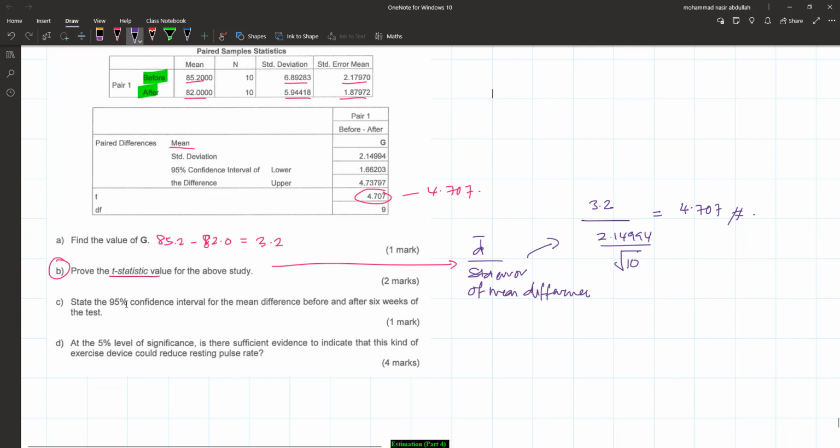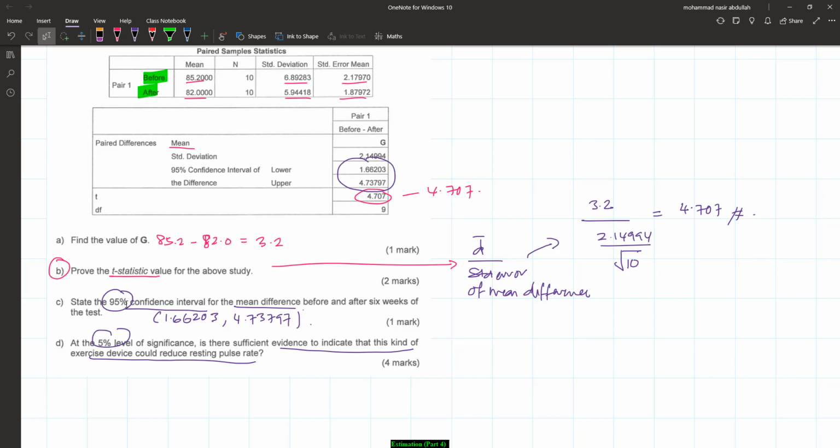And then state 95% confidence interval of the mean difference. So 95% confidence interval is here, which is 1.66203 and 4.73797. So mean difference, right? So at 5% level of significance, is there sufficient evidence to indicate that this kind of exercise could reduce pulse rate? So we look into,